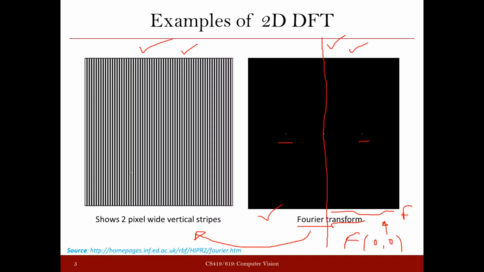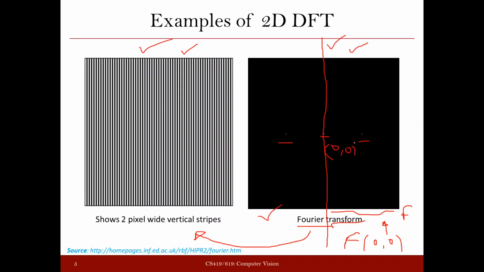I mean, assuming that your image is not completely black. If it is completely black, then obviously the average is also going to be very low, but assuming that this is a mixed kind of image, you will always find a bright point at the center representing F00. And in this image we are saying that this particular point is 00, and as we move towards left or right or up or down, the frequency increases. So when you are moving from this side to this side, frequency increases, or when you are moving from this side up, the frequency is increasing.